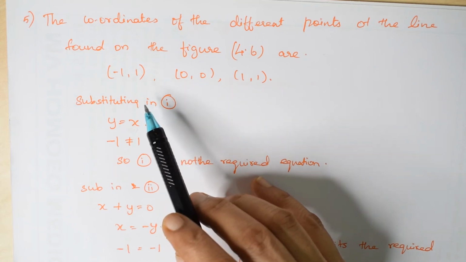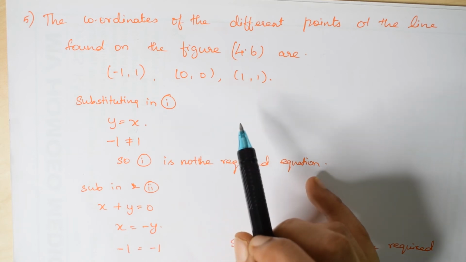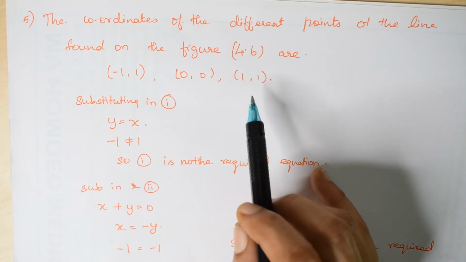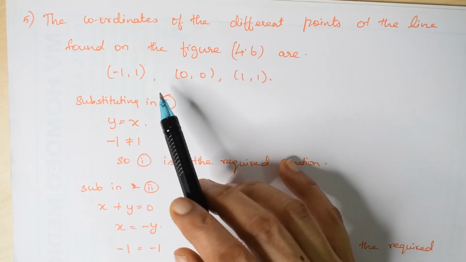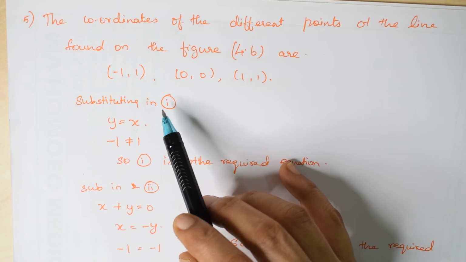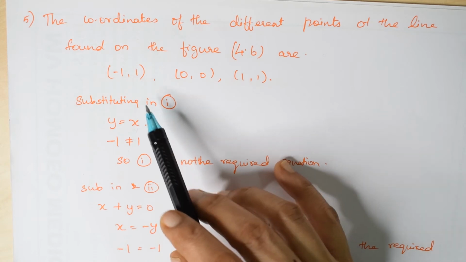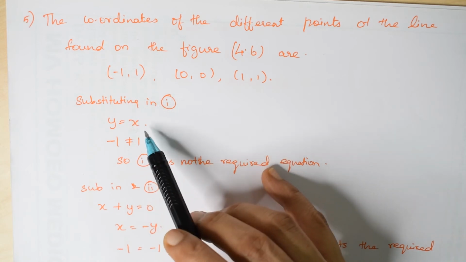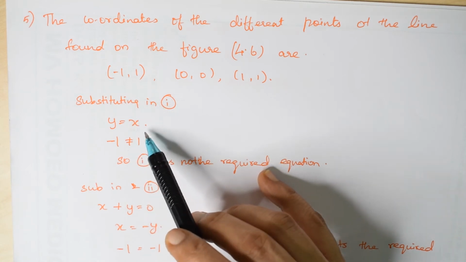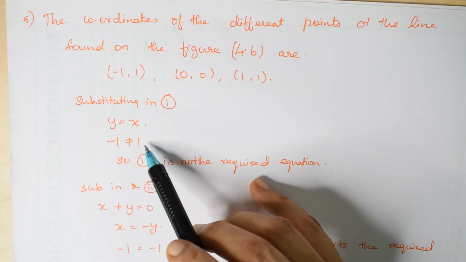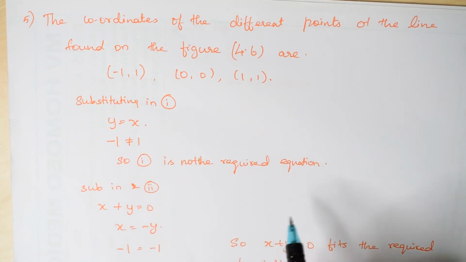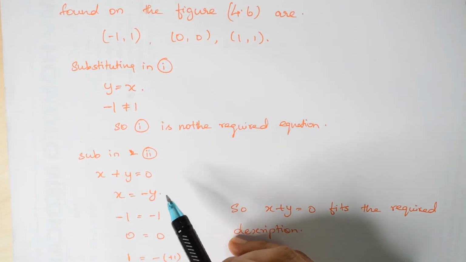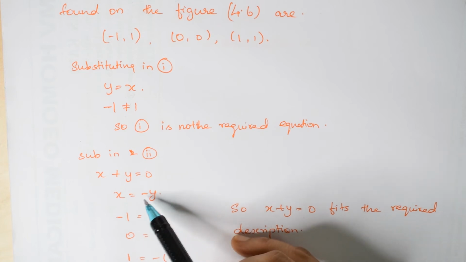The 3 coordinates given in figure 4.6 are minus 1 comma 1, 0 comma 0 and 1 comma 1, and I substitute all these values in each equation and find which equation satisfies all the 3 points. When I substitute y and x in the first equation, y is equal to x, right? I see that it's not equal, so it is not satisfying, and that is not the required equation. Then the second equation is x plus y is equal to 0, and when I substitute, I see